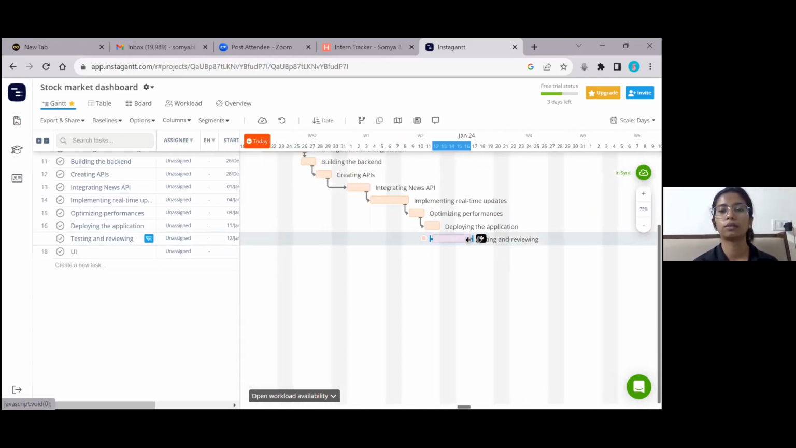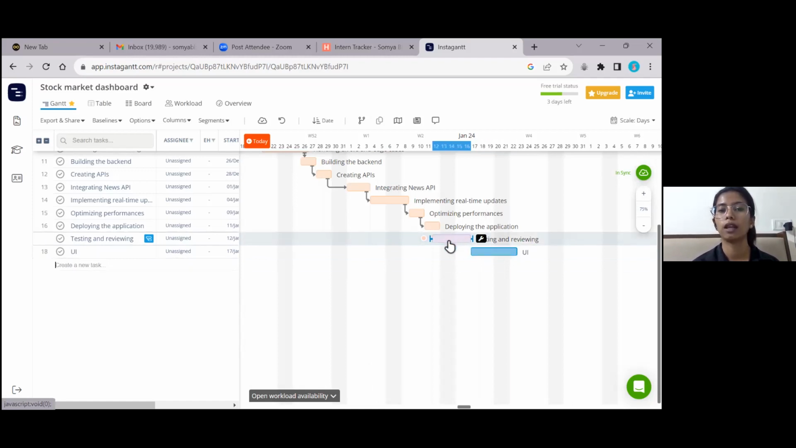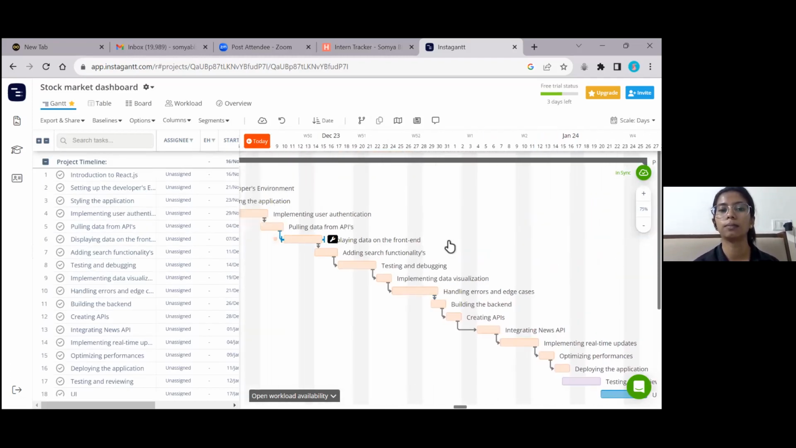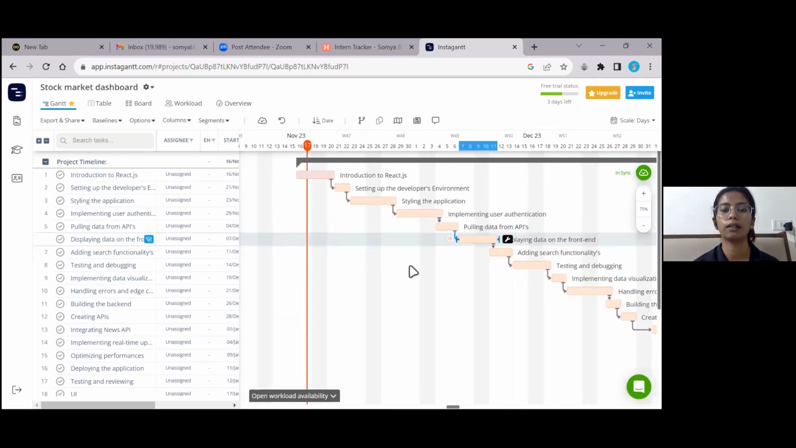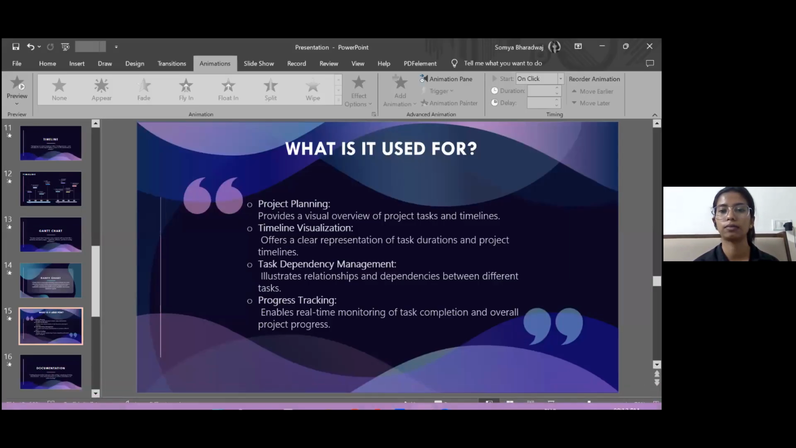Like our project will be completed from 16, right? So you can just drag it over here and you can see this line which shows that it will work from 17th to 22. So any member can just click on this and know from when to when they need to complete the task we have provided. Then coming back to the presentation,